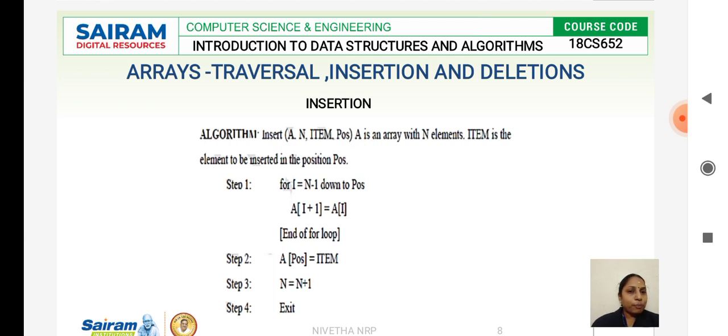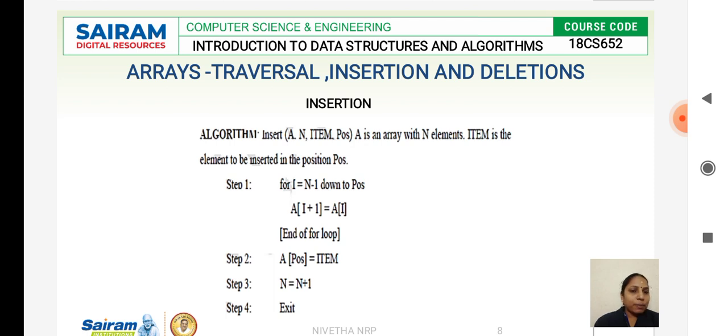When you give the position where it has to be inserted, you specify a of position. If I want to insert an element in the 4th position, I give the array of 4. In the array of 4, I am going to add the item. What is the item? Item is nothing but the data I am supposed to insert. So instead of position I give 4, and I insert my item, the element, in the array of 4.